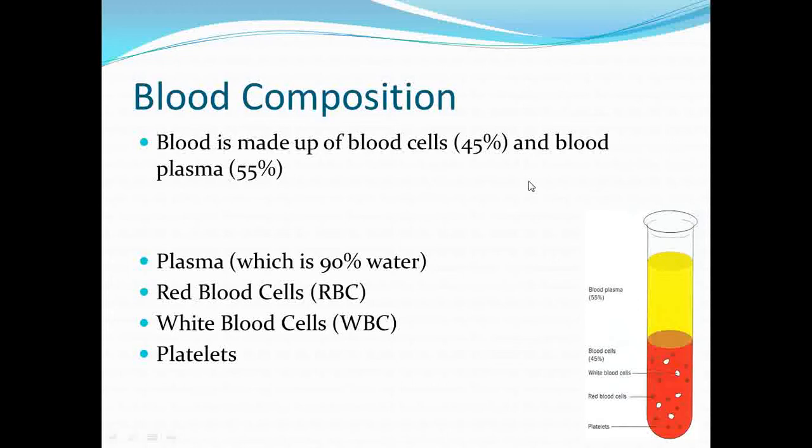The composition of the blood. So blood has about 45%, just under half, is made up of blood cells, and the other half, just over a half, 55%, is plasma. Most of the plasma is water, about 90% of it. And then in the part which is the blood cells, we've got red blood cells. And that makes up the majority of the blood cells. We've got white blood cells, so you can see the white ones here,